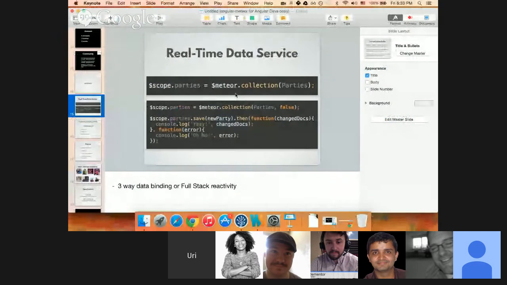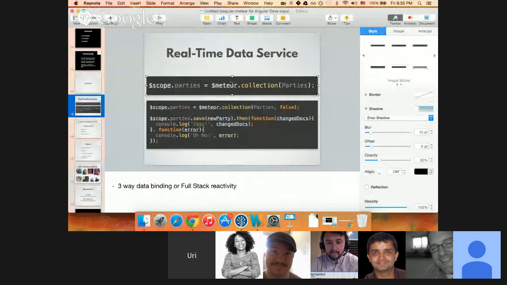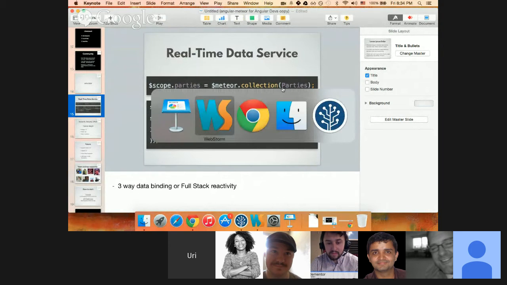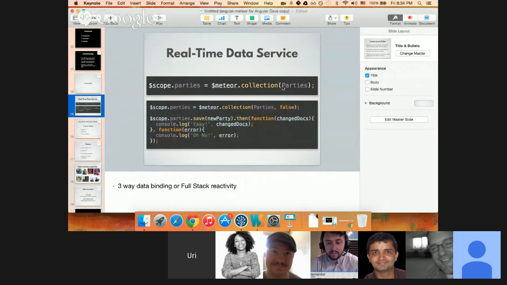Sorry for jumping back and forth, but on this line, we're sending here Meteor.collection(parties). Parties is, as we saw, a Mongo collection, Meteor's Mongo collection.